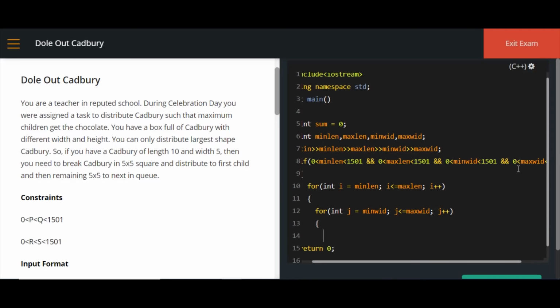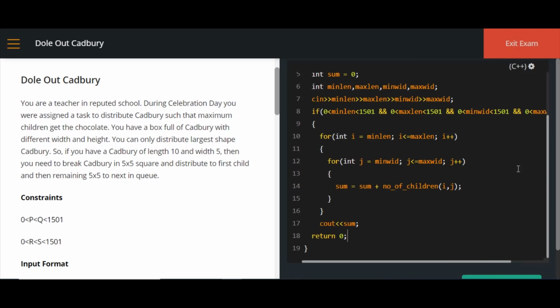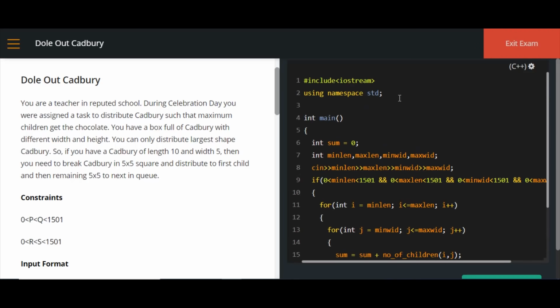Inside that I'm going to do sum equal to sum plus number of children, so initially it would be 0. So number of children of i comma j, I'll be passing i and j. Just close and then cout sum only. Done. Now let's quickly put the function for calculating the number of children.